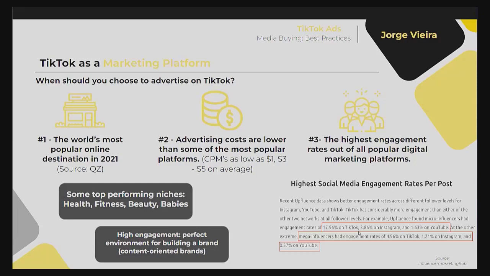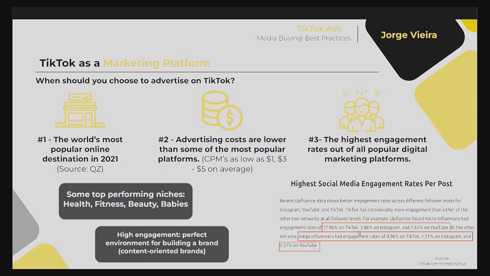Because if you have a product that is not too pricey, because if you're going for something aimed at younger demographics, you don't want to be going for high ticket products in general, and you have an offer that correlates well with these niches for these audiences, you can see amazing results. Now, the last thing before we move on to the media buying part is something that I want to take